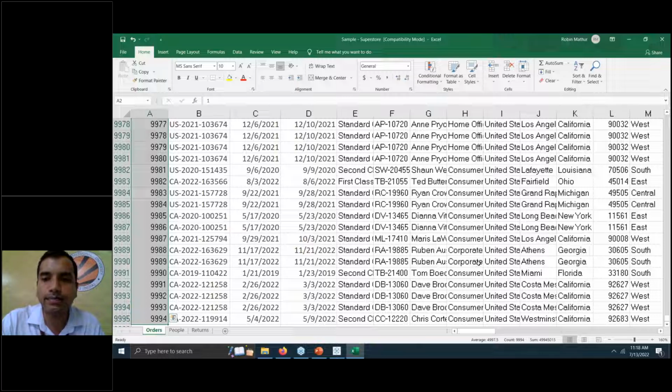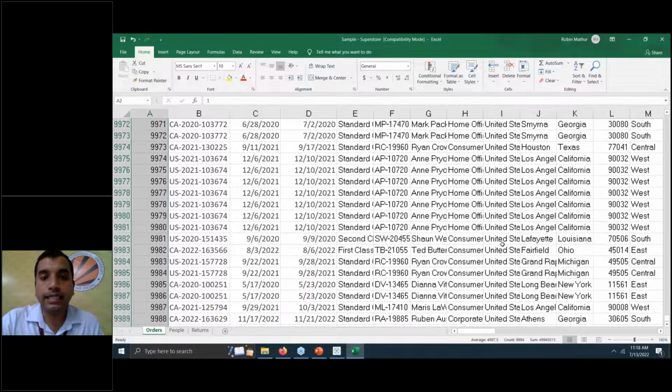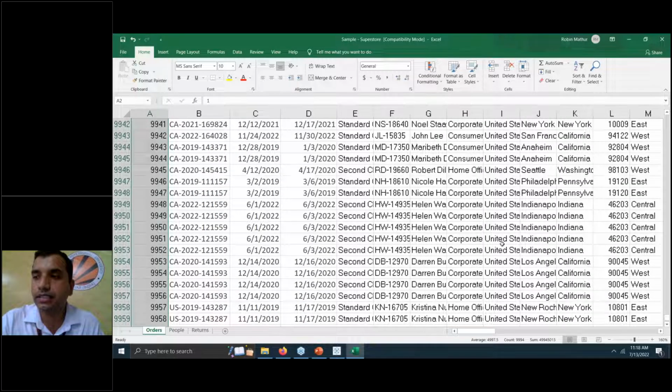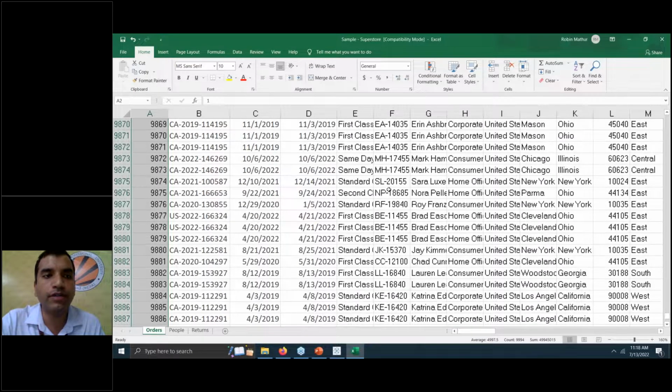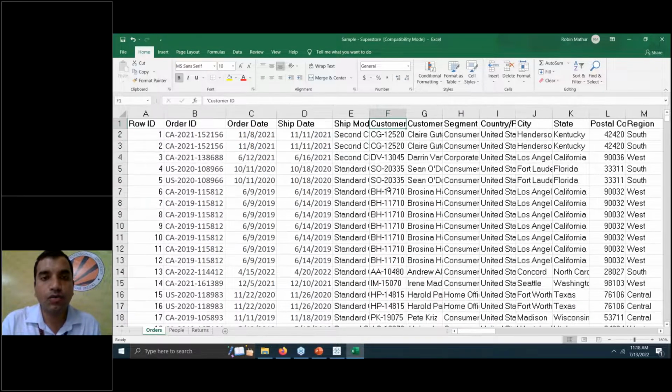So this data set is approximately 10,000 rows of data that we are having. Now I can ask some questions, like which category is having the highest sale. Suppose there are different categories of the data. It is very difficult to find some insight from this data, which is very bulky in size, with a lot of columns and a lot of rows. So with the help of visualization, we'll try to find out some beautiful insights from